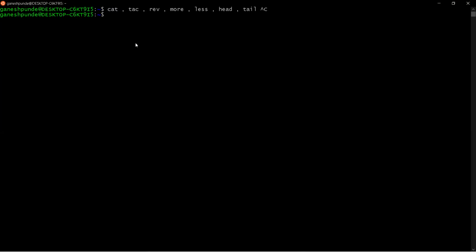So I'm saying the copy command, right? It is used for copying the files from one location to another location, or I can say from one Linux location to another Linux location.